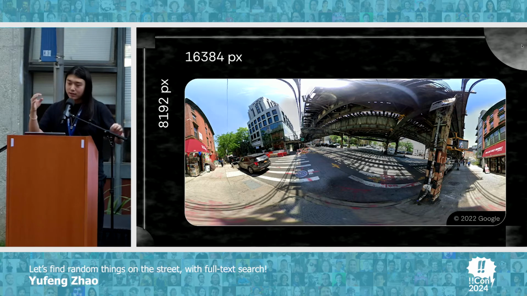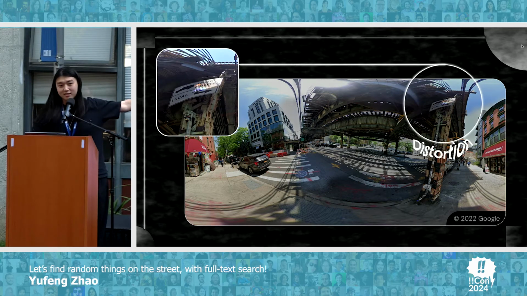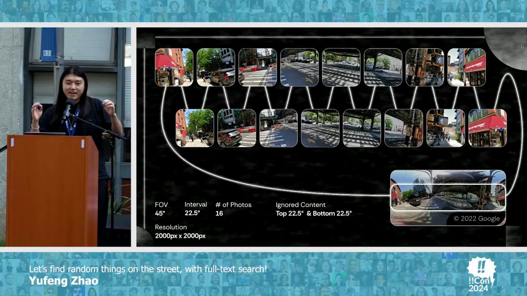If you get a street view, the typical resolution is going to be 16K by 8K, which is fairly large, and you would think that just running an OCR would be enough. But no, first because OCR is pretty slow on an image of this size, and second, there are distortions on the text that are closer to the poles, top and down. And how I did it, I take